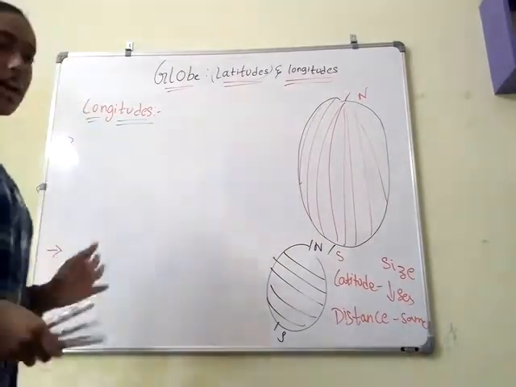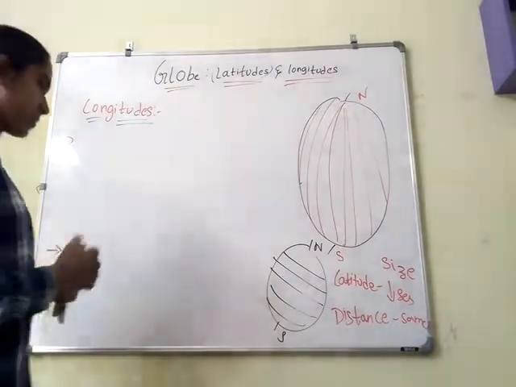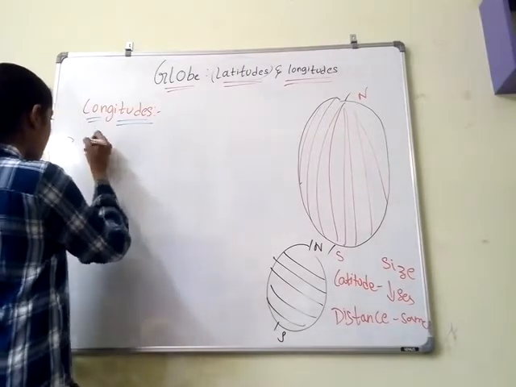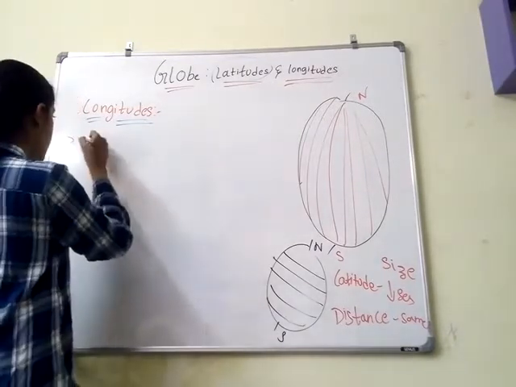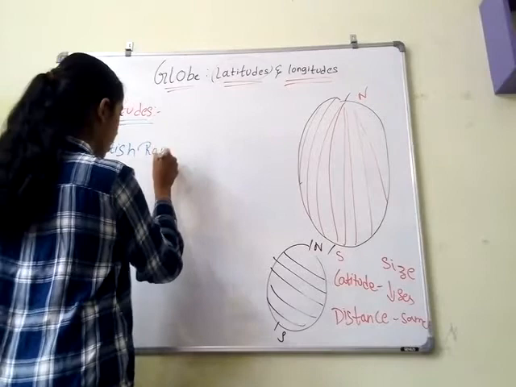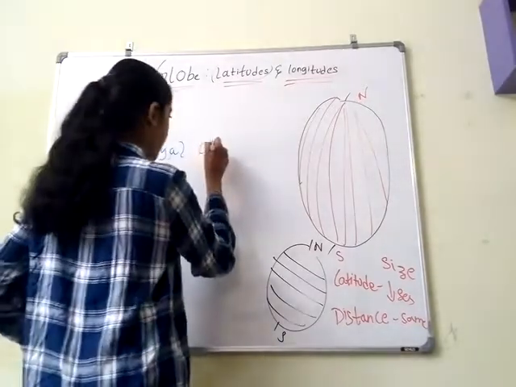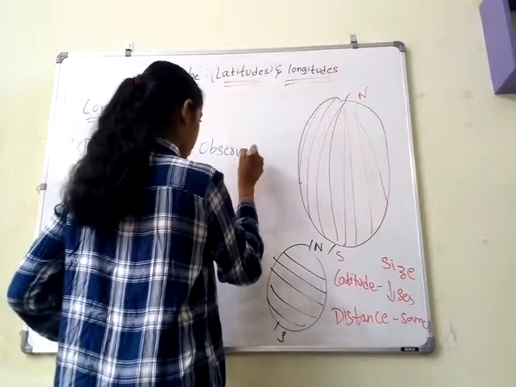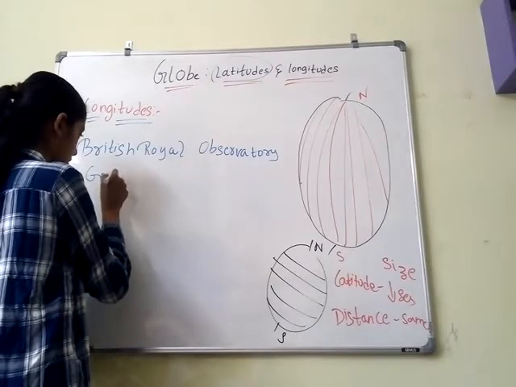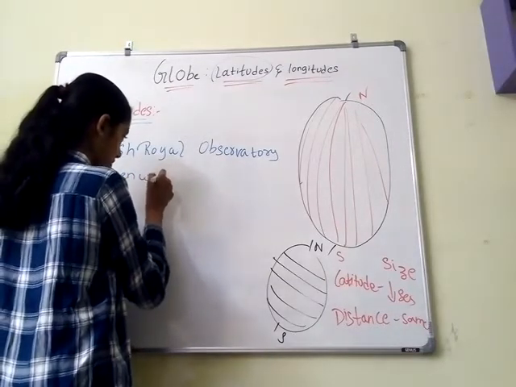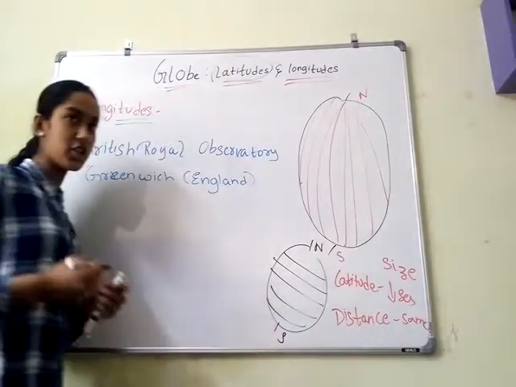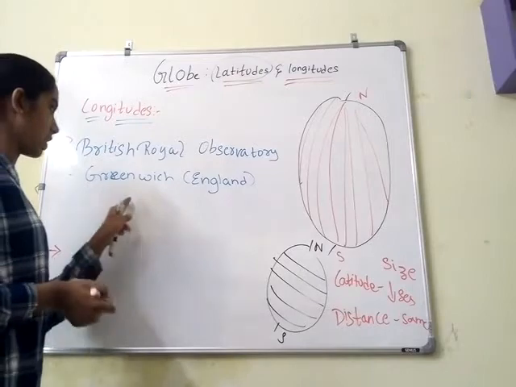So all the countries have decided that the meridian which passes through the British Royal Observatory at Greenwich, England,